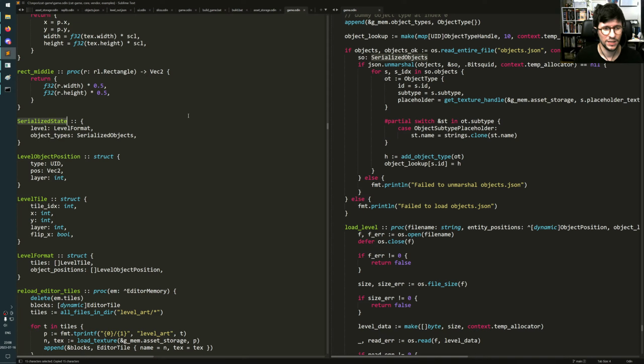So serialized state is the thing that I want to store in the game, in an array or something. I will use it when you load things from disk to initialize the game or reset the game, it will load into this state, and then it will also use this to store a bunch of these for level